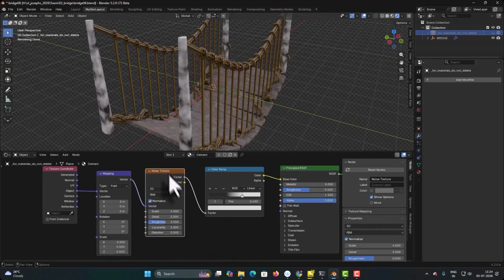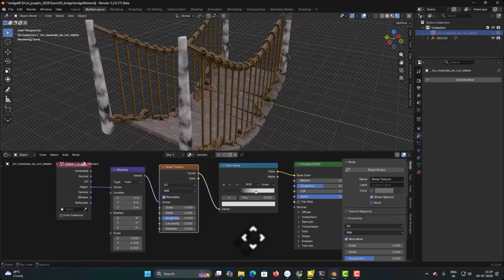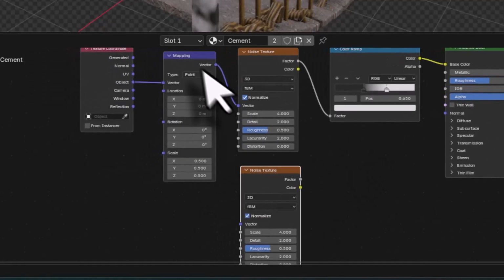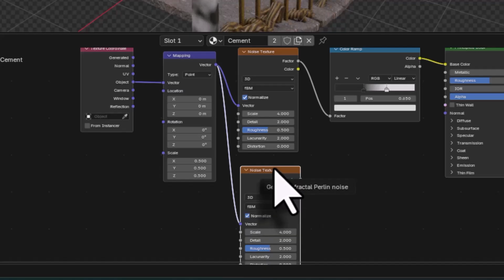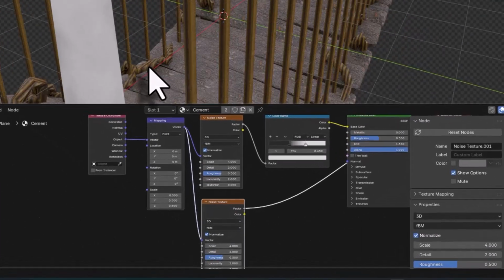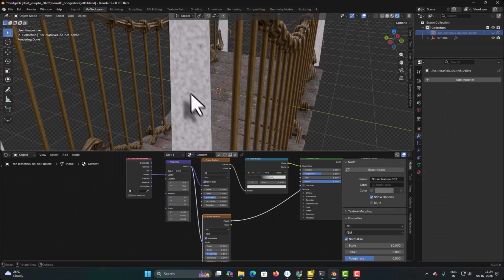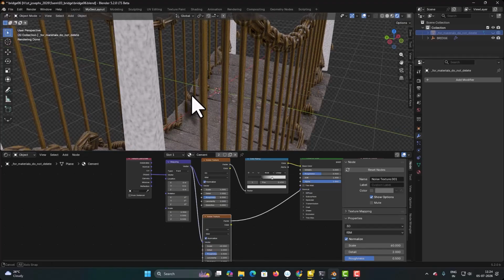I had one noise texture already added here, and now I will press Shift D and duplicate it and bring it down, and I will take the output from my mapping vector and connect it to this vector. To test the effect of this new noise texture, I will press Ctrl Shift and click on this. I am going to scale this to 60. So you have more of the noise like this, and I am going to use this to create a bump